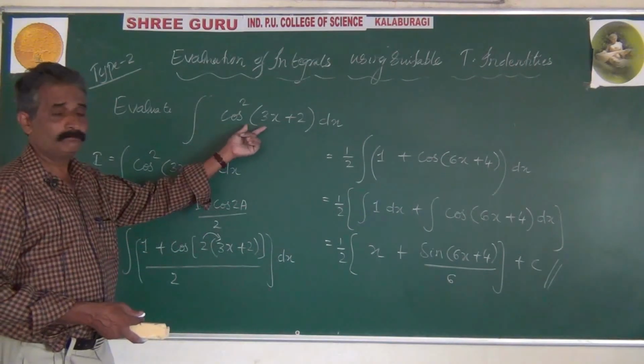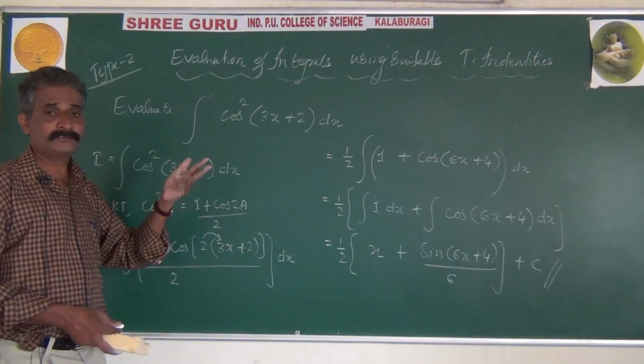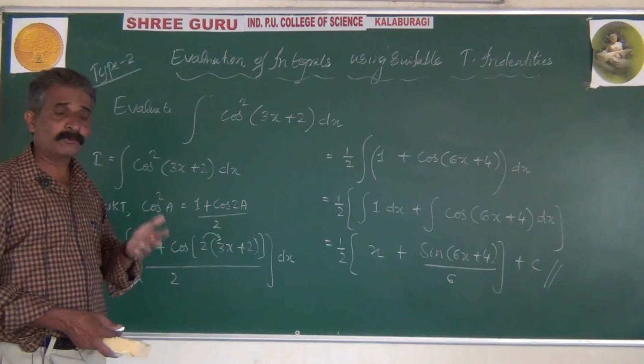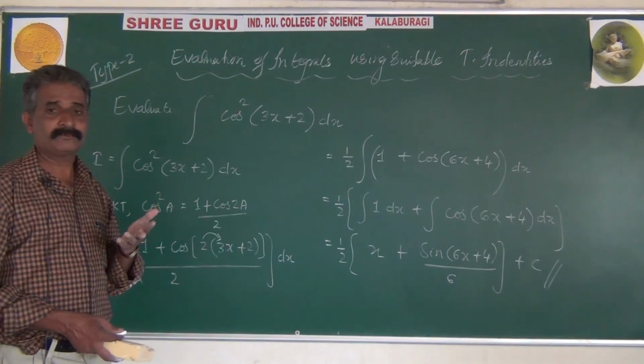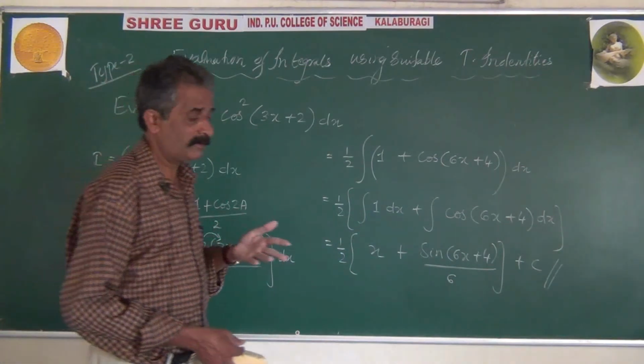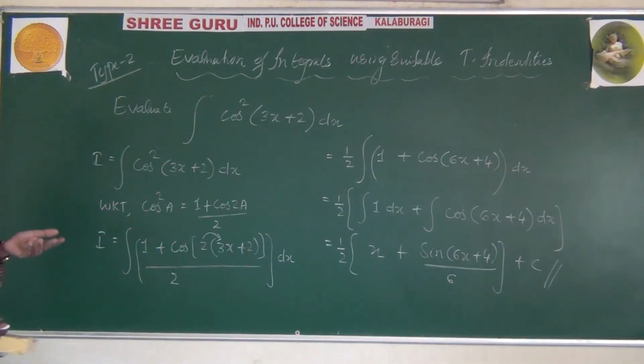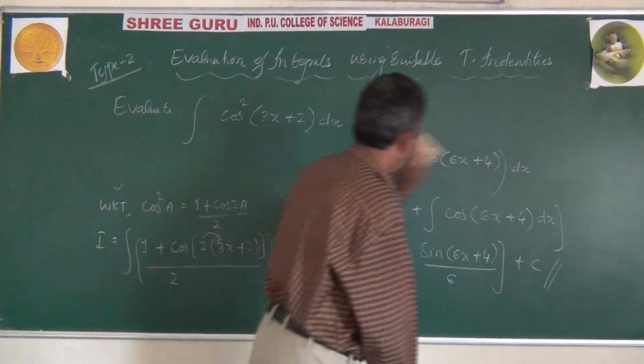That's why I told you, don't be silly. Don't say 'Sir solved 3x plus 2 in class, in the exam 5x plus 2 came, out of the syllabus.' No. Say it is out of your reach of mind, but don't say out of syllabus. In mathematics, numbers will be different, but the method remains the same. Why am I pointing this out quite frequently? Because some students are under this impression: 'Deshpande sir did not solve 3x plus 2 in the book, he solved 2x plus 3.' Very, very silly mathematics. Next problem.